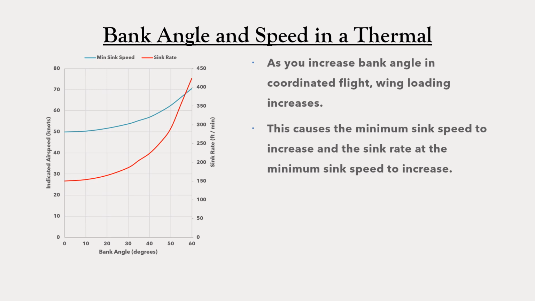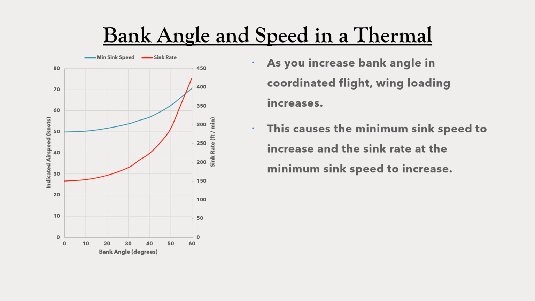The increase in wing loading causes the speed for minimum sink rate to increase, and it also causes the sink rate itself to increase. So in the example in the graph here, we've got a glider that at 0 degrees bank